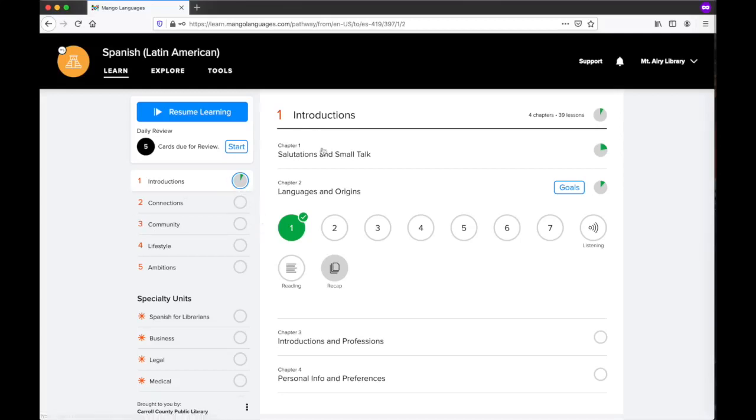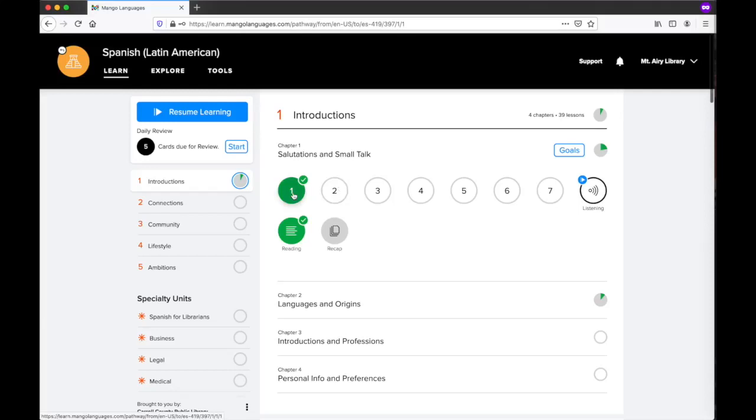So, the nice thing is you can go really anywhere in the lessons. You don't have to start at number 1. Of course, the lessons are going to build on each other. So particularly if this is brand new to you, you probably are going to want to start with number 1. But because I was familiar with Spanish and I decided not to take my placement test, I started with chapter 1, but I could go through these different lessons here under Unit 1, Chapter 1,